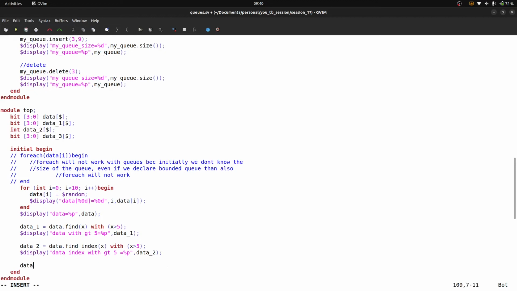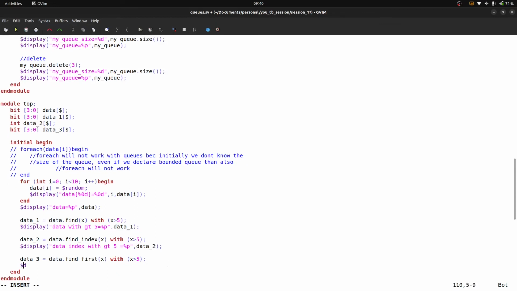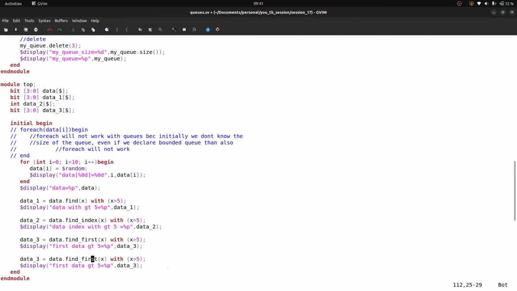Next is, let's say data_3 is equal to data.find_first x with x is greater than 5. $display first data greater than 5 is equal to percentile P, data_3. Simply find_last.